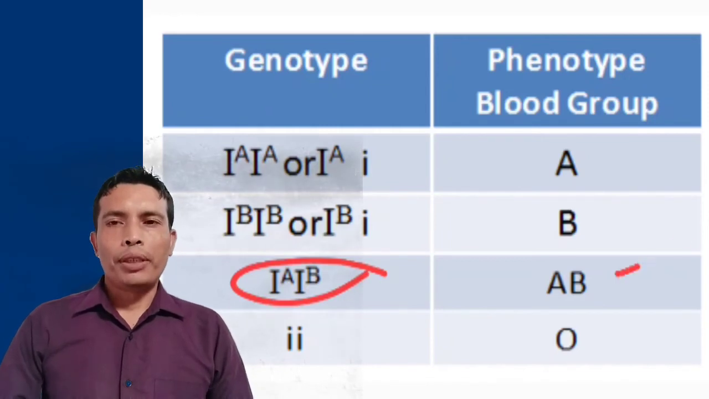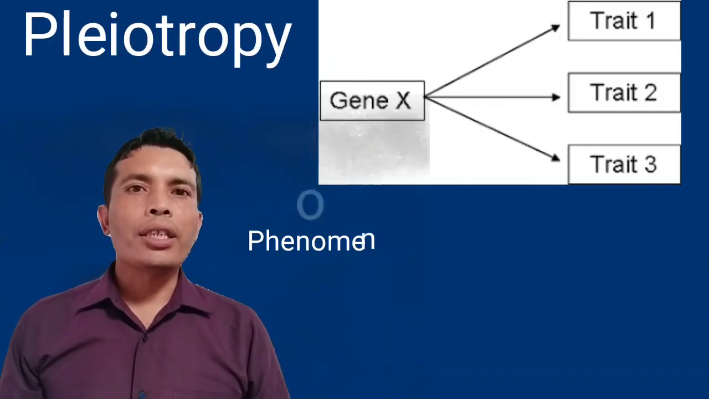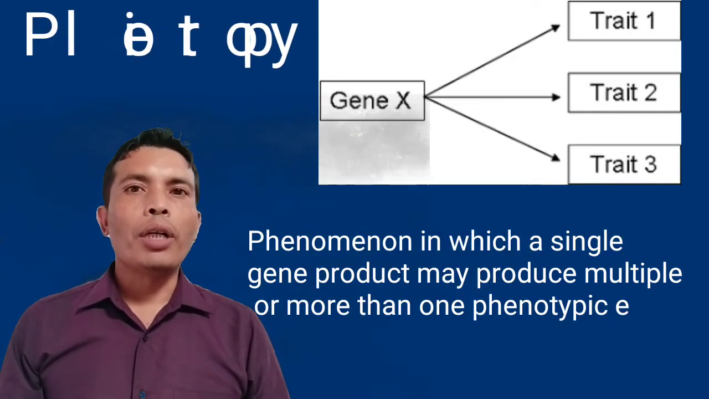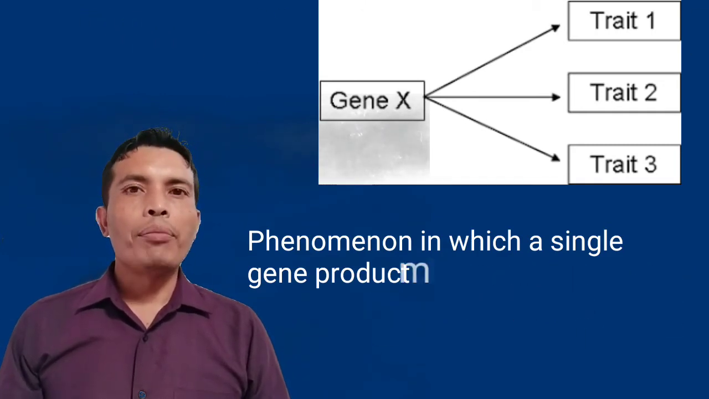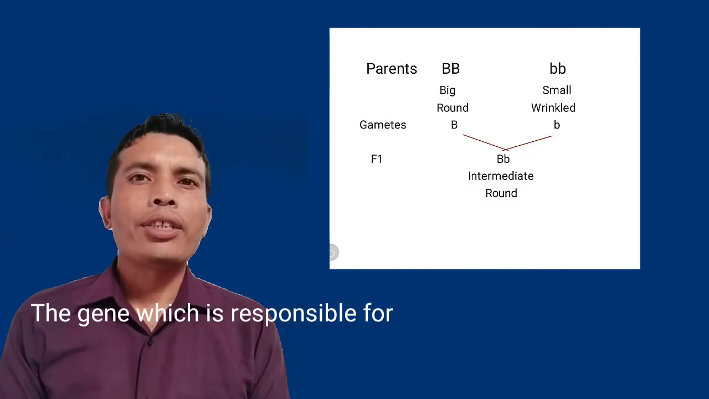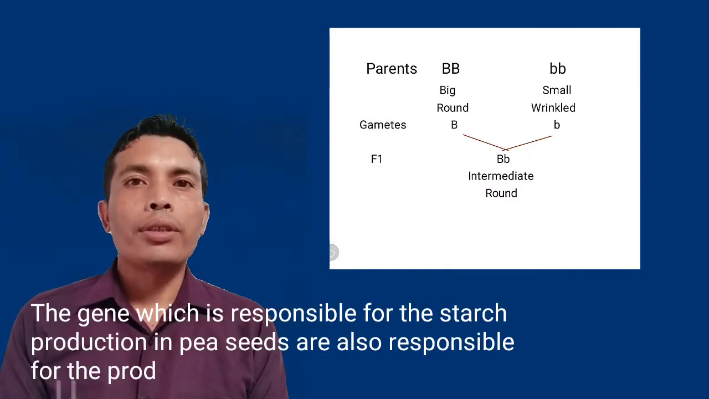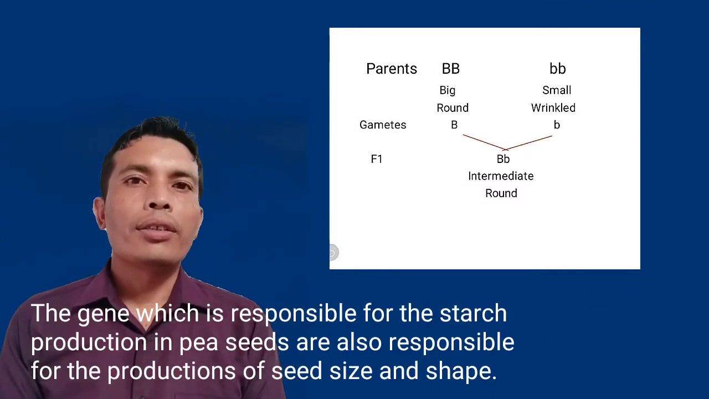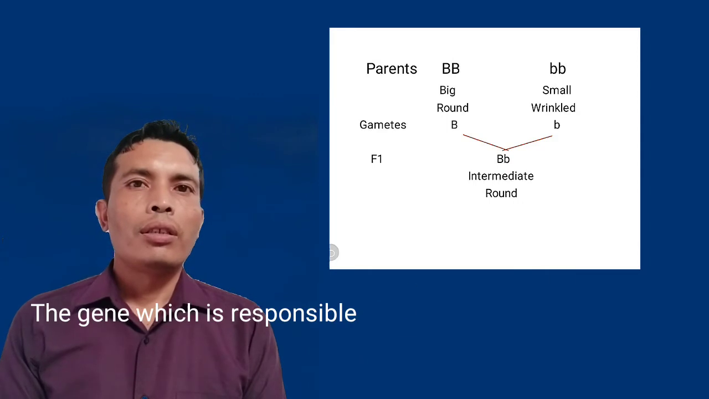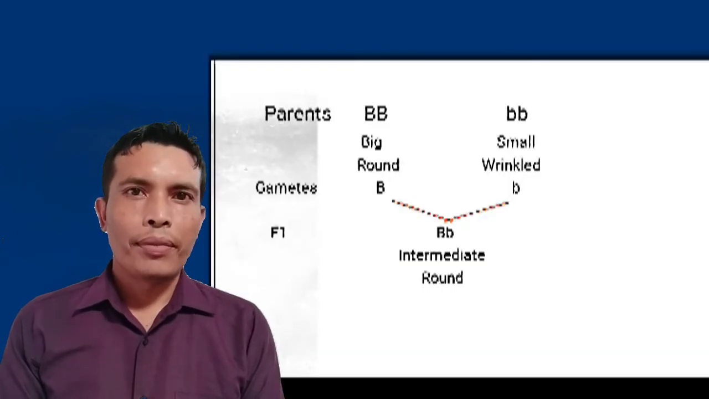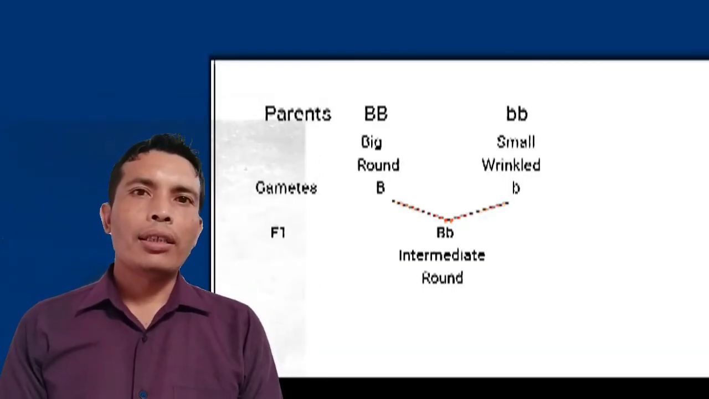Now, pleiotropy. It is a phenomenon in which a single gene product may produce multiple or more than one phenotypic effect. Example: a single gene that controls starch synthesis in garden pea plants also controls the size of the seeds. The alleles are given here: capital B,